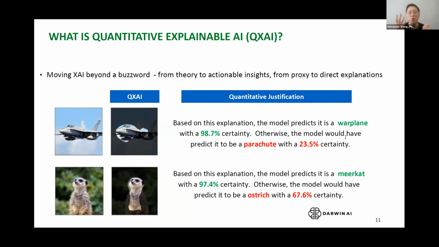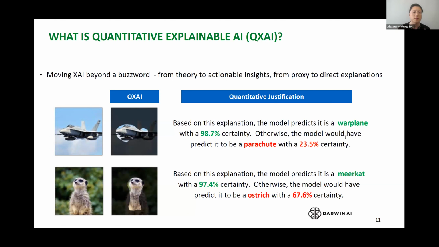So then the question is, how much more important is this particular area? How much less important is this particular area? Does this important area actually lead to a better decision? And more importantly, do the factors that are being identified actually have a strong influence on the decision-making process itself? With current explainable AI approaches, it's pretty much in itself kind of a black box and requires a lot of human interpretation. So it's not really a true explanation. With quantitative explainability, what we're trying to do is produce concise, exact, concrete explanations, as well as provide a quantitative justification around it.